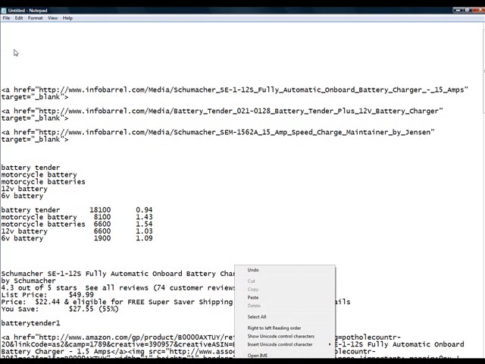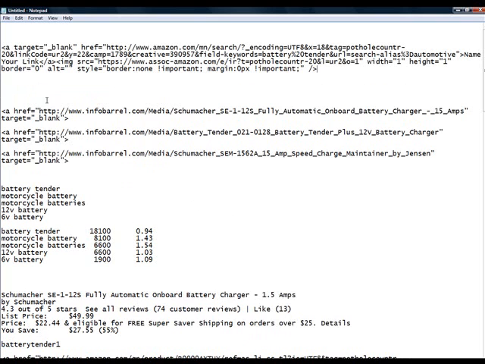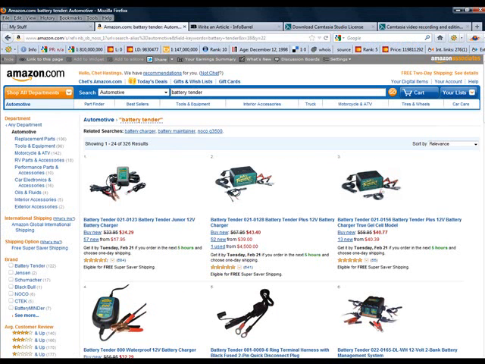Paste that in near the top. Now all I want from this is the code that's in between the quotation marks, because the rest of it is for the image from Amazon. I don't want that, so I go right over here, which is right in front of that quotation mark, and copy everything all the way back to HTTP in front of there. Copy that, and then all I have to do is go back